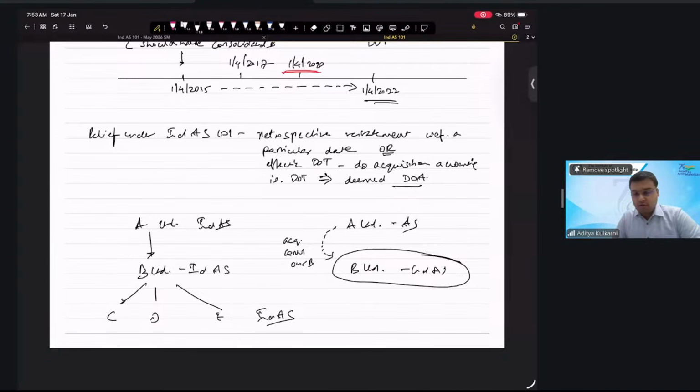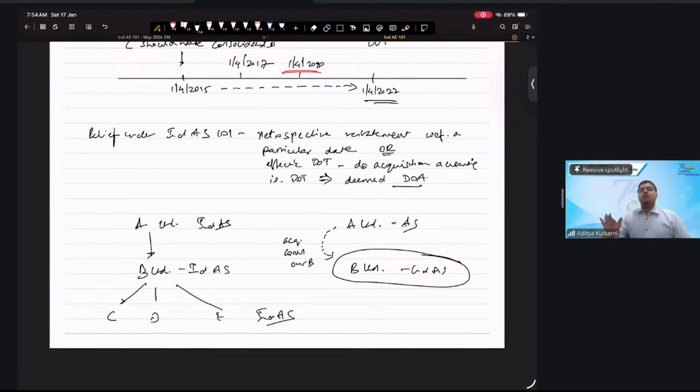Yes. A can be under Ind AS. B can be under Ind AS. But then A says, I will acquire B. Can it do that? The answer is yes. Buying a business has nothing to do with which framework you are following. So therefore, this particular case arises